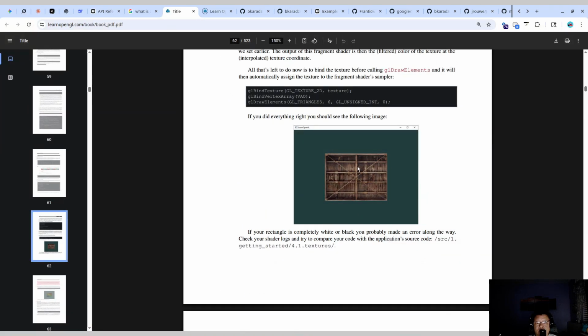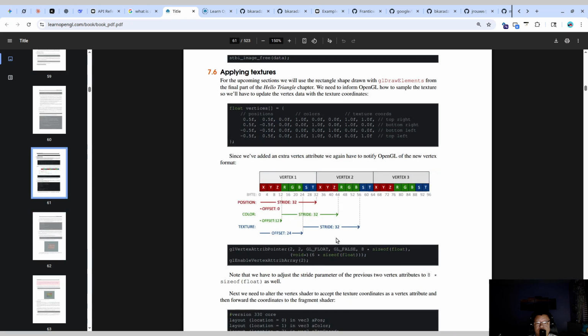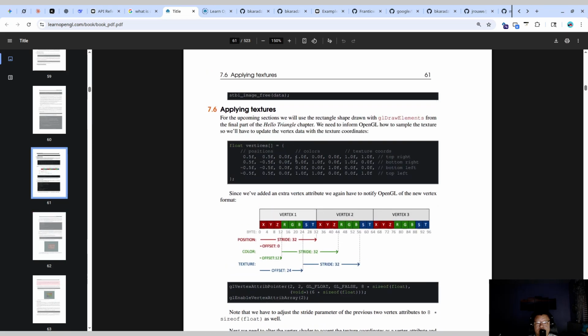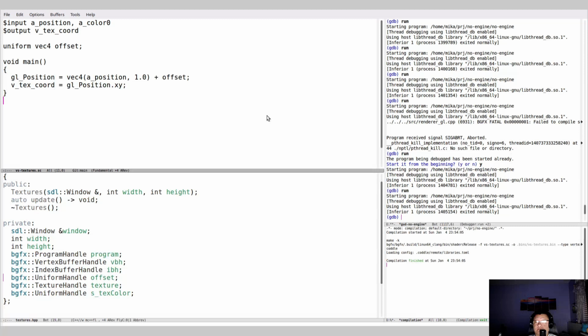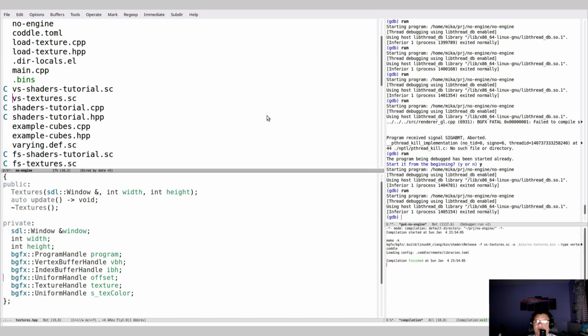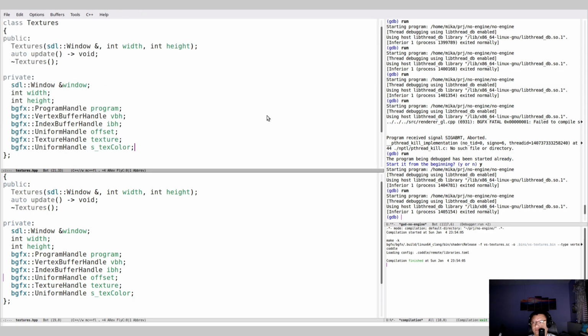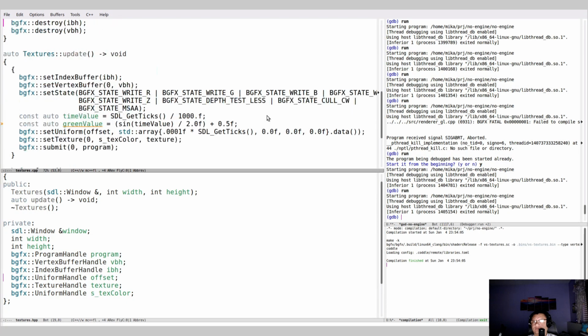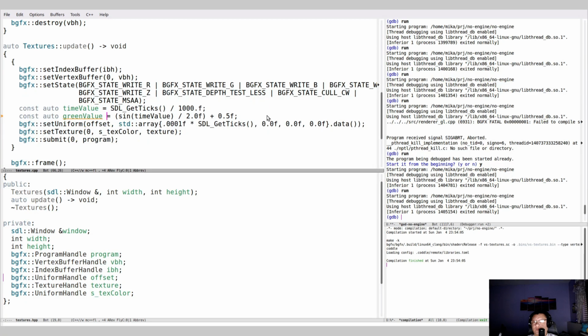The result actually looks like this, texture coords, and how do we do it? So we are not setting the